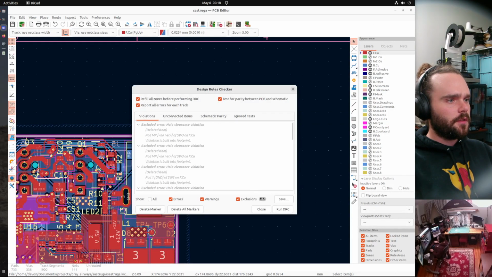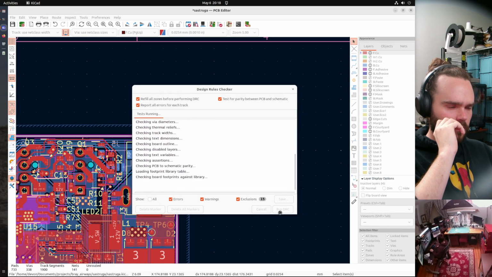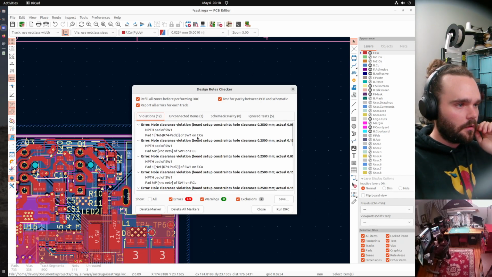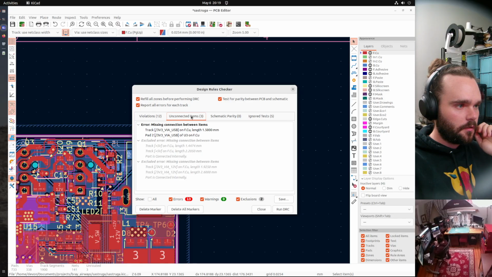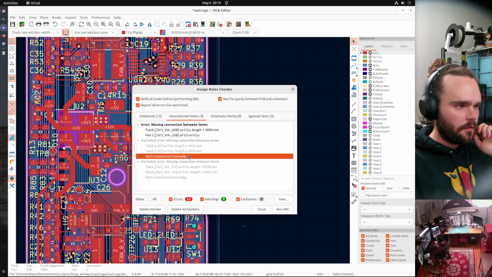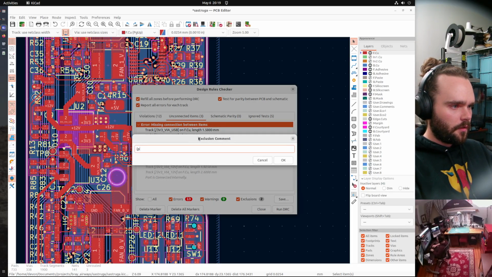So let's run DRC. Okay, the hole clearance is fine. With comment.